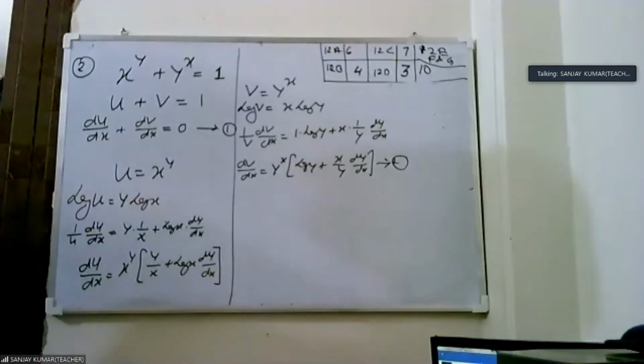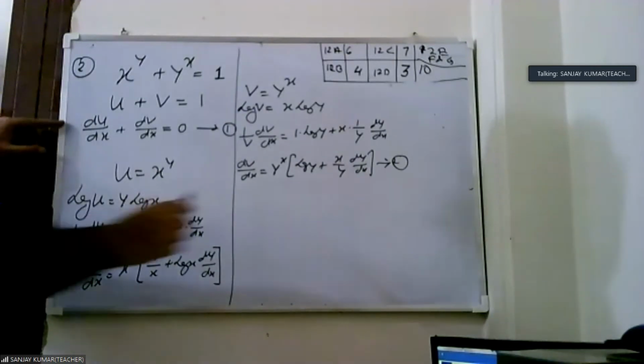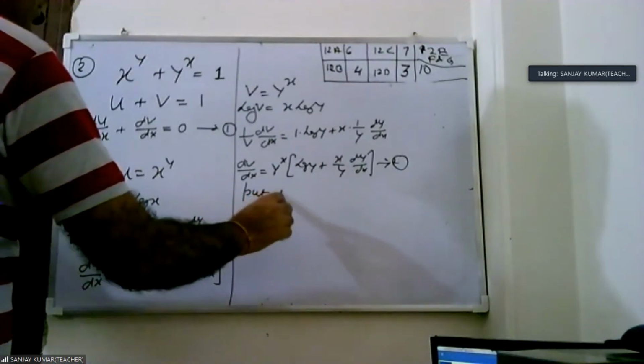Again, you see we have x to the power y plus y to the power x equals 1. Here it's not given y, they have given 1. Then we start simple differentiation by taking u and v. The first one is u, the second one is v. Simple du by dx plus dv by dx, and the derivative of 1 is 0. Then we take u and v separately and start the differentiation. When you find du by dx, dy by dx has already come. Same thing with dv by dx. Now we are putting all the values in the first equation.